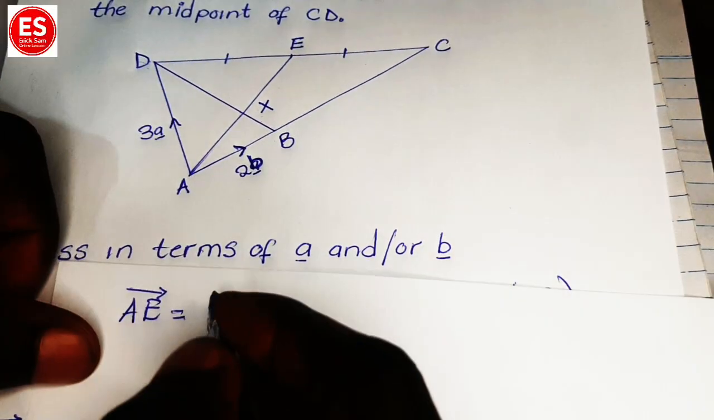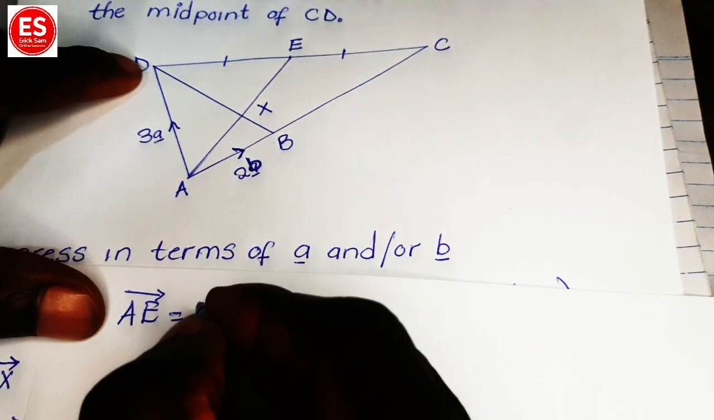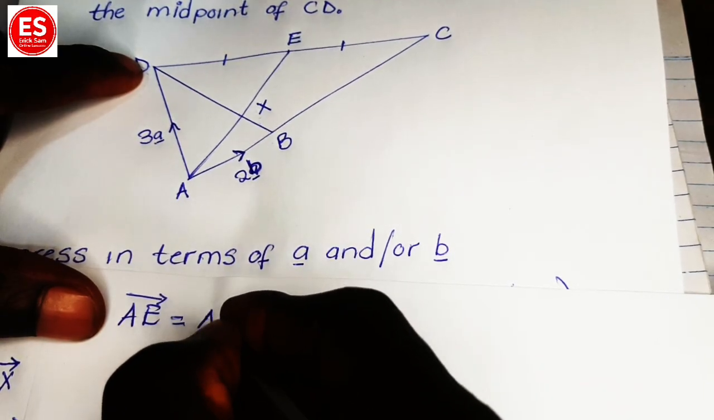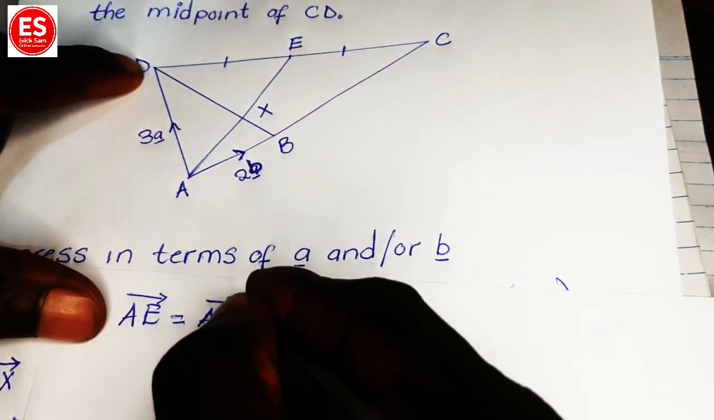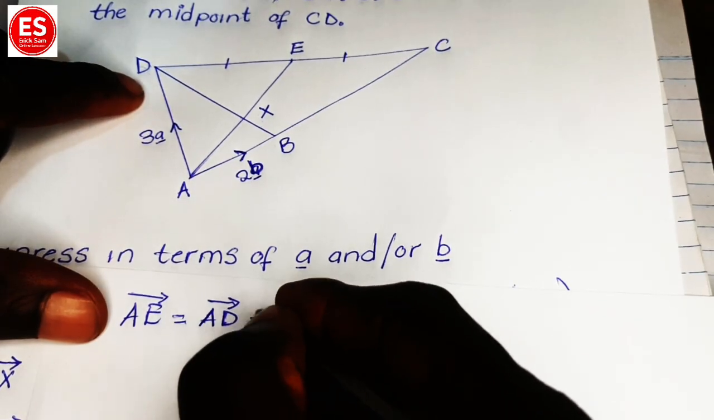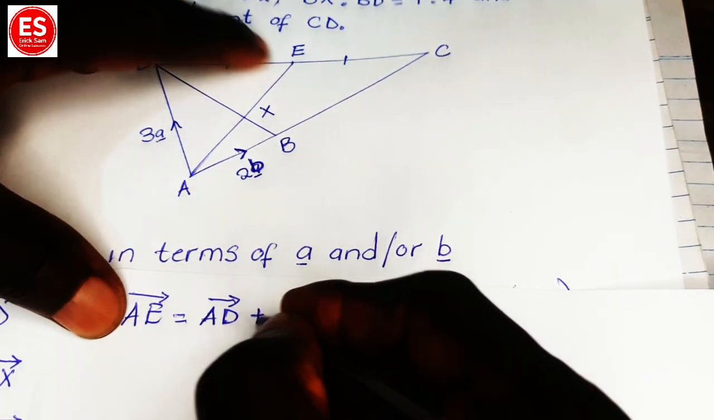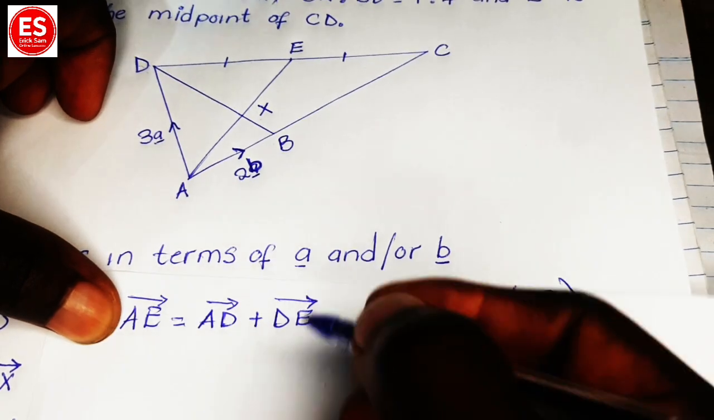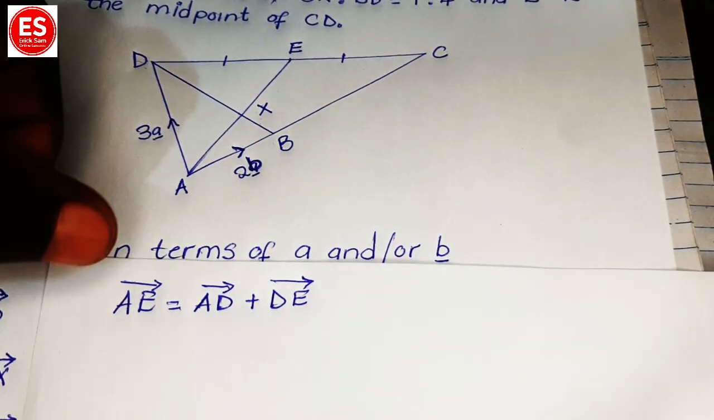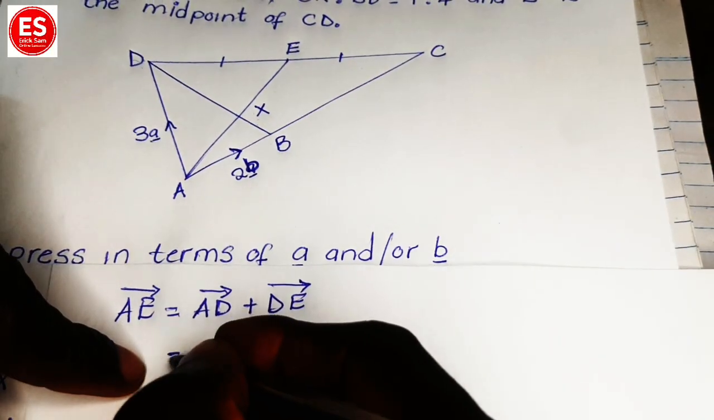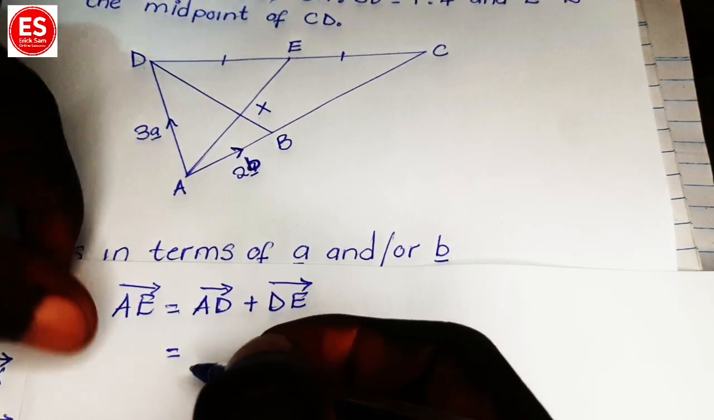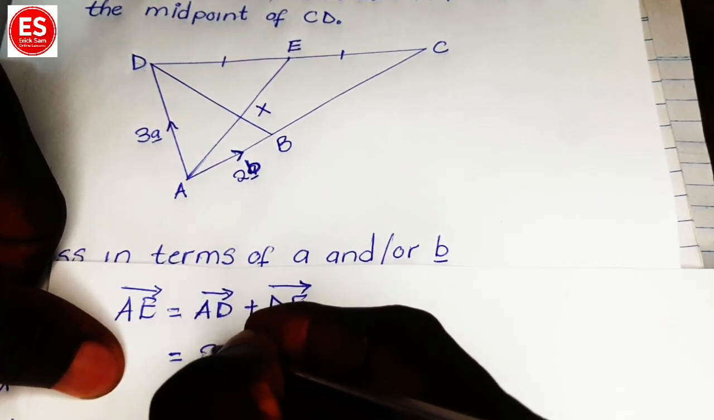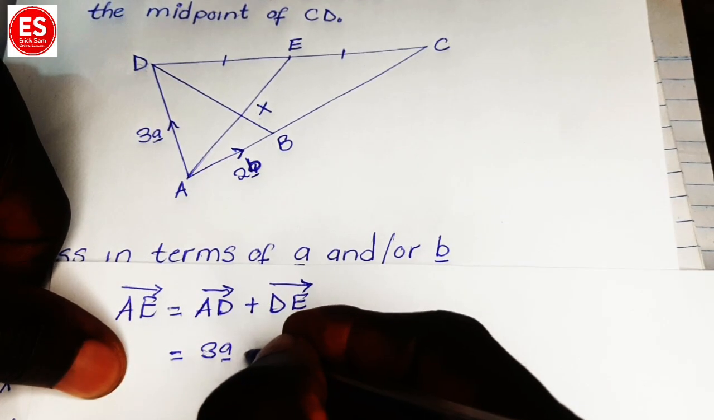So you're going to say A to E, you're going to move from A to D. To go from A to E, you're going to move from A to D, so AD, okay, then plus from D now to E, plus DE. Okay, all right, so I hope you are following very correctly, right? So you're going to say AD is what? AD is 3A, right? Plus